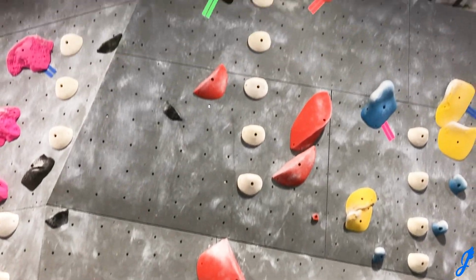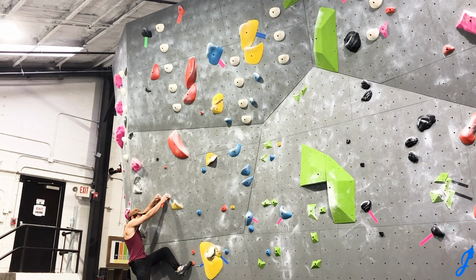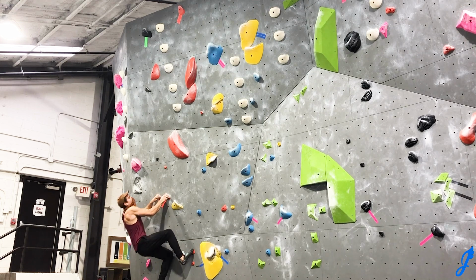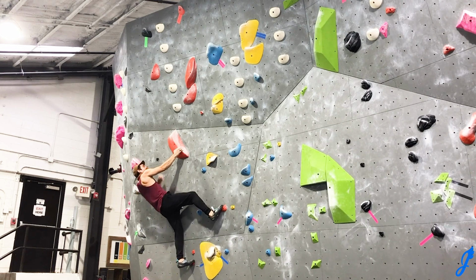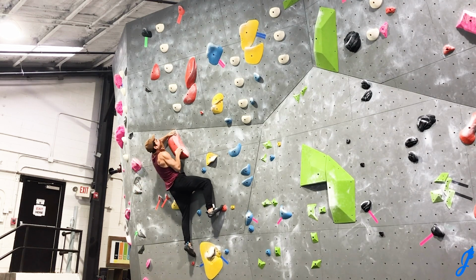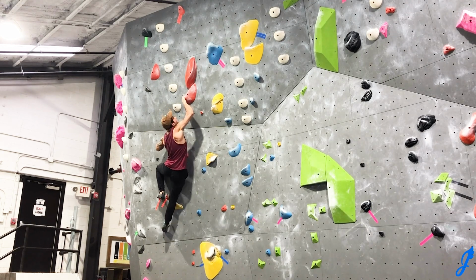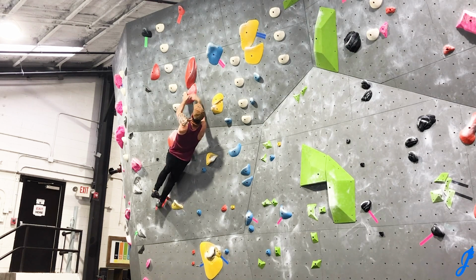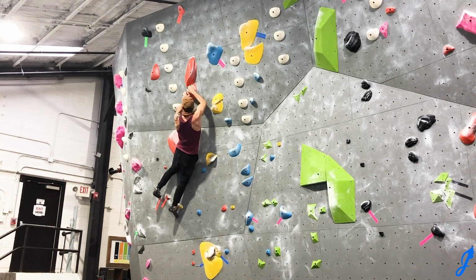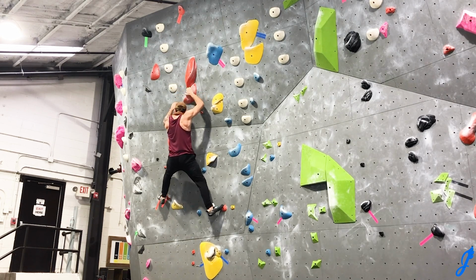So this is the last route I'll be climbing on this wall. It's V6, V7, with some big orange wedges. So it begins by just moving your feet out right after going upright, and then grabbing that, creating a lot of tension between your body. And then I try and get my hands a little bit higher, and I need to go out left here. So trying to reach, but it was pretty slopey. The body positioning wasn't great to go out left,